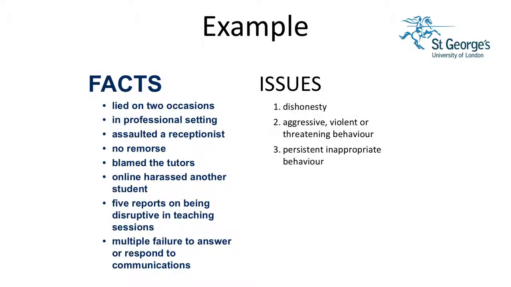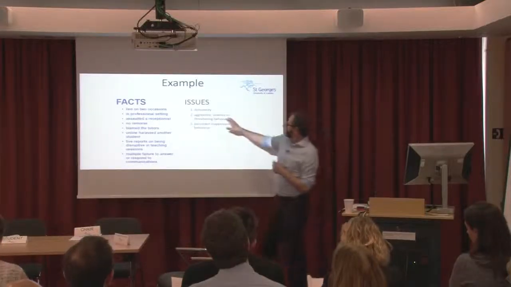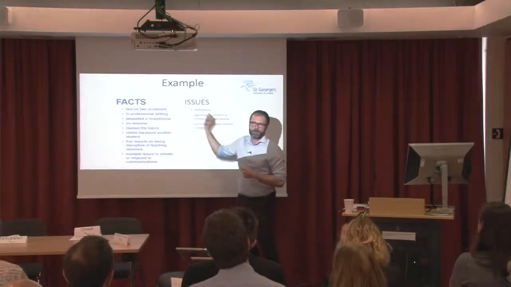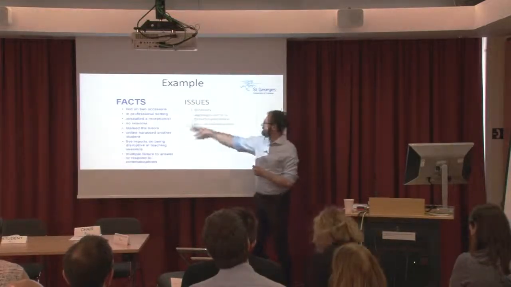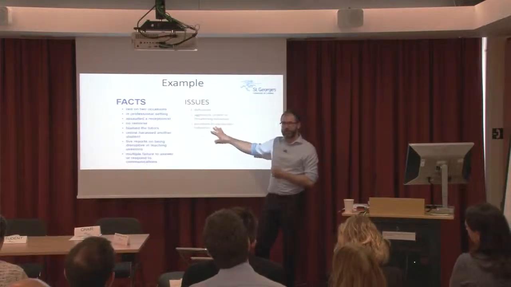For example, if we look on the right, I've listed some facts, so things that can be observed in this situation. And only after I've listed them, I begin to think, well, what are the main themes or issues within the case that I'm reading? And I put them, literally, I've got a big sheet of paper when I'm just writing these things down. Then you can see that, for dishonesty, you can pick the facts that are relevant for that particular issue, second issue, third issue. By the time you finish this exercise, you will know which of these is most important.